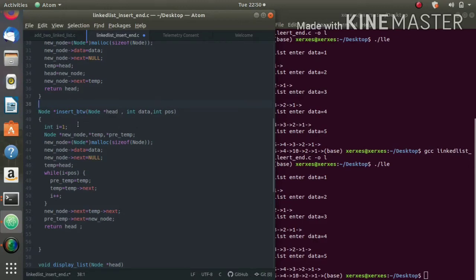Today we're going to learn how to insert a node in between the list. I have created a function named insert between, and I pass three arguments to it. The first is the address of head, where the first node is present. Second, the data we want to insert in our node, and third, at what position we want to insert our